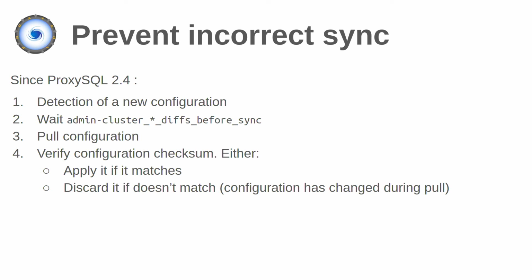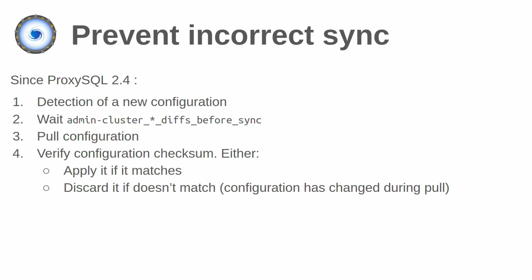So the checksum of one specific server was A, while the checksum of the other server was B. It was waiting for 3 seconds by default to pull the configuration. But by the time it was pulling the configuration, something was changing there. For example, somebody was making a new configuration, and making a new configuration could have also been a delete from mysql_servers to then insert new servers. Probably the same servers, but still there was a stage in which there was a delete from mysql_servers. So we could have the first proxy pulling an empty table for the MySQL servers and applying it locally.